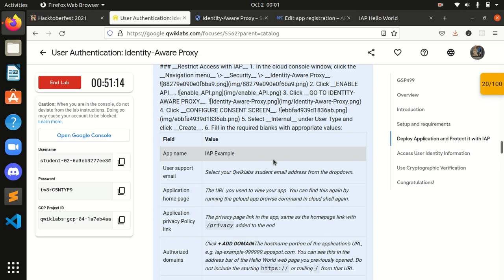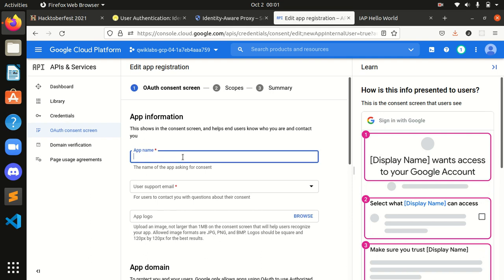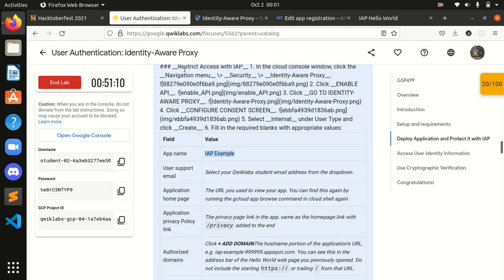So first I will give the app name, that is IAP example, and user support email. Select your Qwiklabs student email from the drop down. This is our student email.